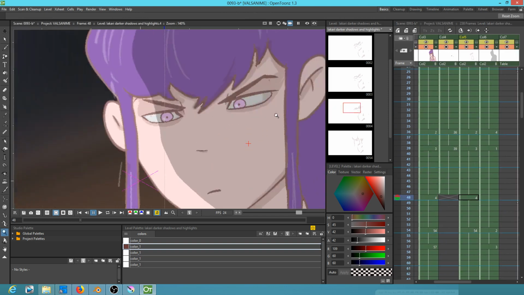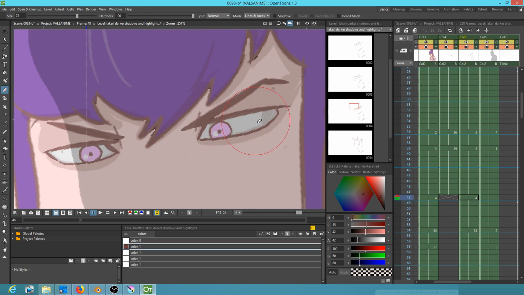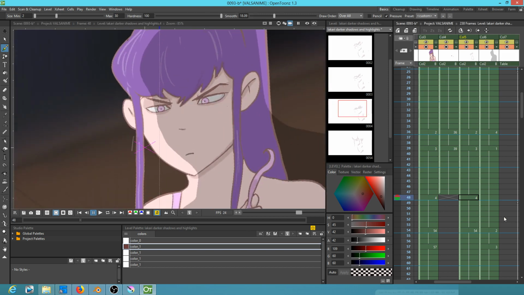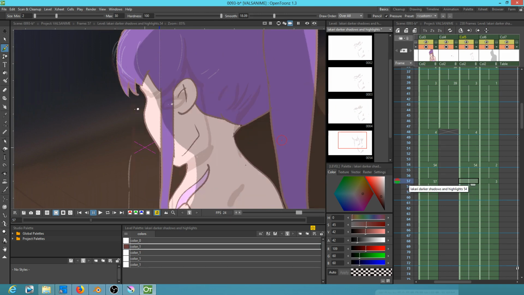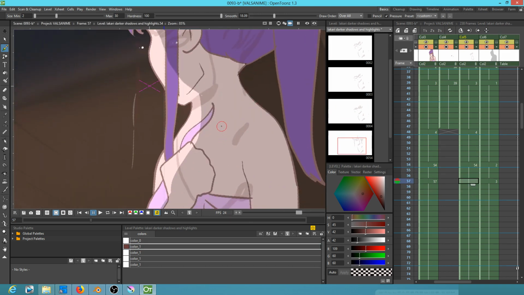So now I want to go in here, hitting the Alt key to shrink my eraser. Just want to chisel back into this a little bit. Little bit. Okay, that's fine. Okay. Okay, and here, same situation. We really can't